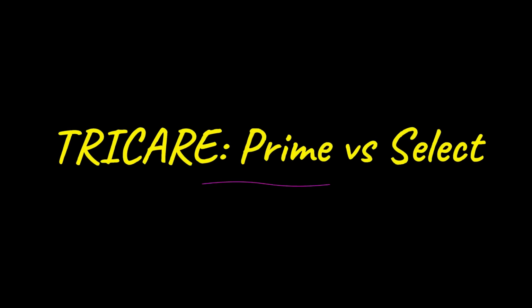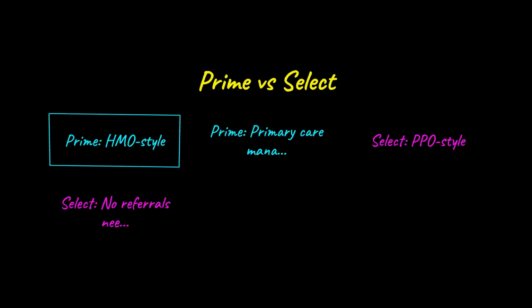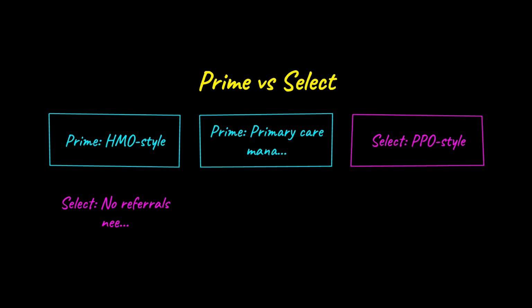TRICARE is the health plan for active duty service members, retirees, and their families, run by the Defense Health Agency. Its 2 main plans, Prime and Select, mirror the classic HMO versus PPO distinction you see in commercial insurance. TRICARE Prime is HMO style, requiring a primary care manager to coordinate referrals to specialists, often through a military treatment facility. TRICARE Select is PPO style, giving greater flexibility to see network or out-of-network providers without referrals, though out-of-network care